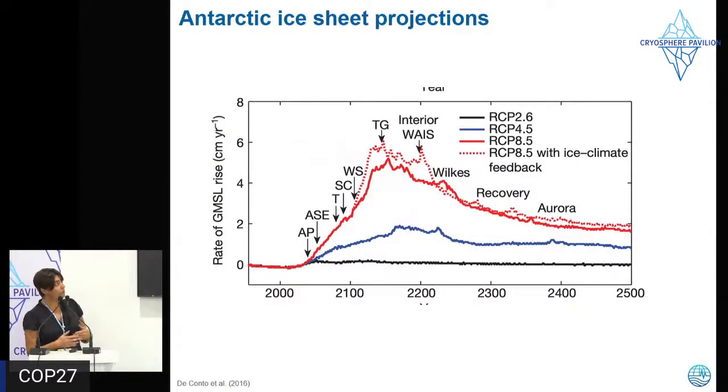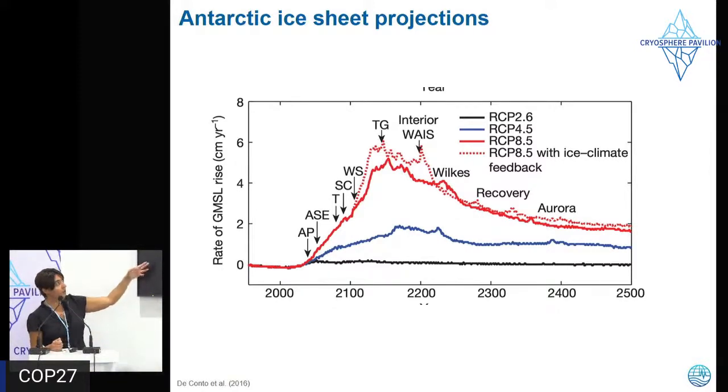Now, if we have a look at the projections, this is a timeline of the various scenarios that have been simulated by Rob DeConto a few years ago. I'm not looking at it for the rate of global mean sea level rise, but more the timing of the different sectors. So the acronyms correspond to various sectors of Antarctica. What is important here is this AZ acronym, the second one. It represents this part of West Antarctica that is highly vulnerable to oceanic melting. And you can see that it's one of the first sectors to trigger in case of oceanic warming that is very high